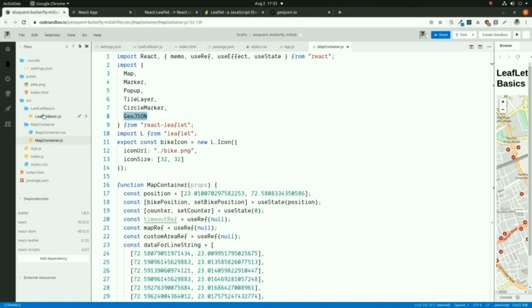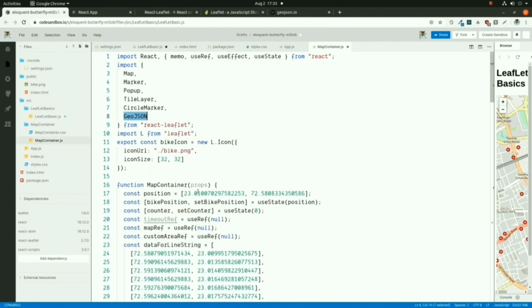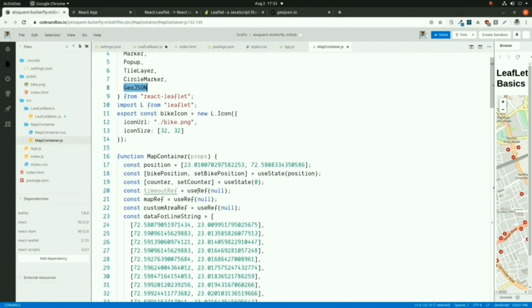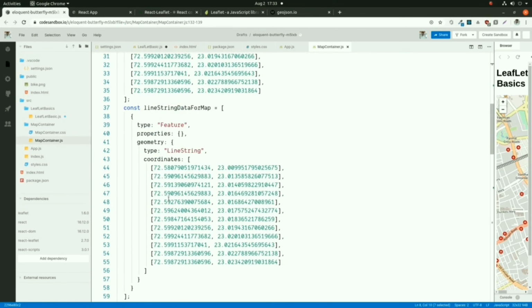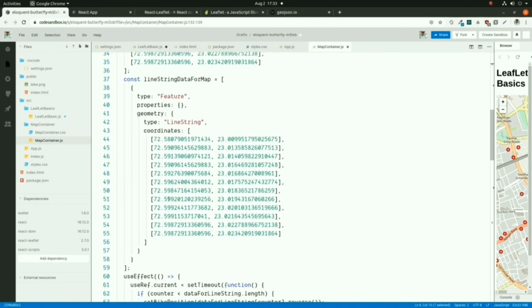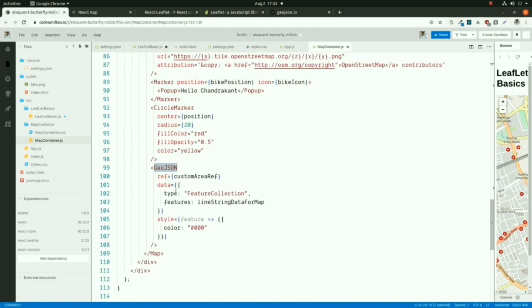So I will just add GeoJSON element from the React leaflet. Now to draw the GeoJSON element inside the map, we need the GeoJSON object that we have generated using the geojson.io website, and we need to add the GeoJSON element inside our